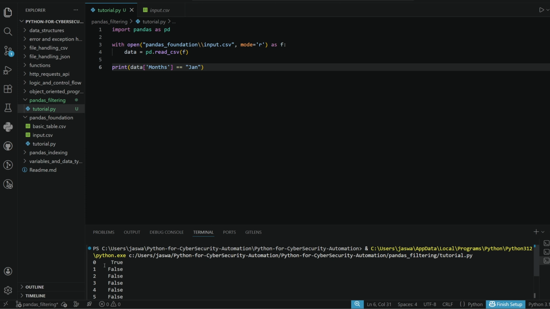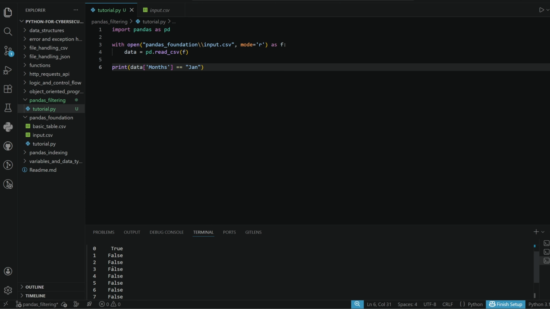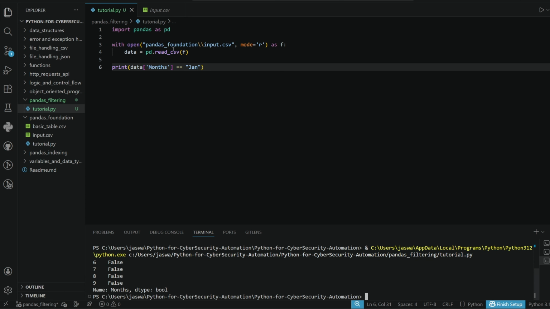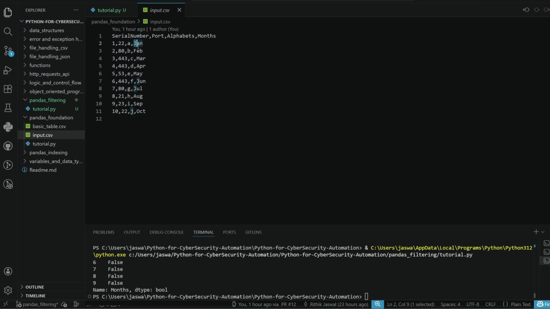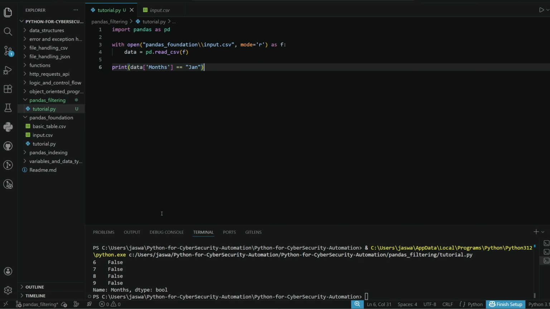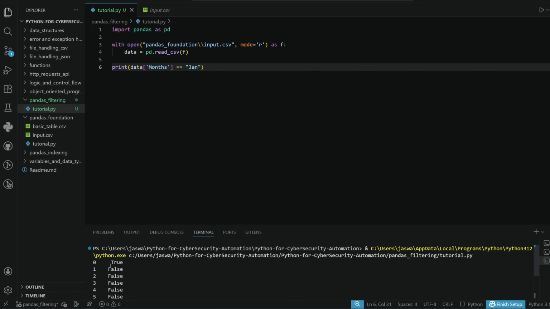here you can see for the 0th row it is true and then it is false for all other rows, since Jan is appearing only once. So this is how you can use the comparison operator to check if a certain value exists in all the rows, but we can take this one step forward. So what we can do here is,